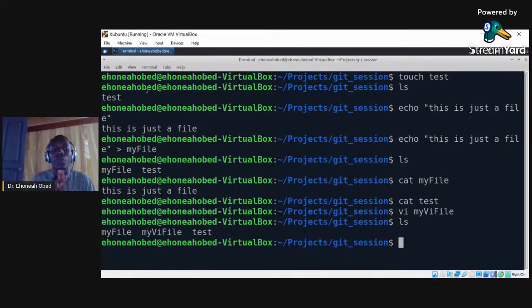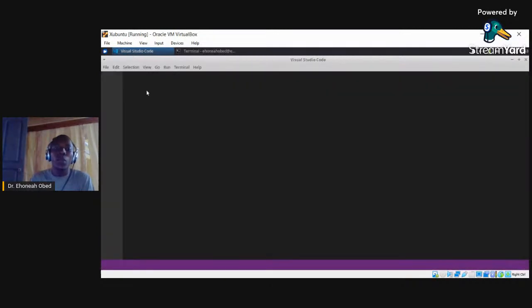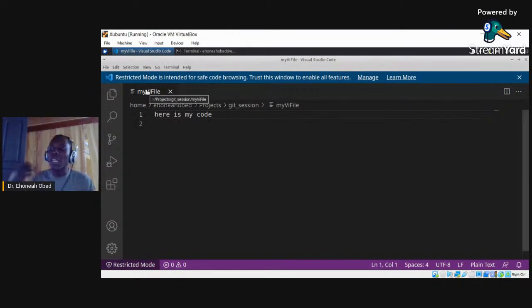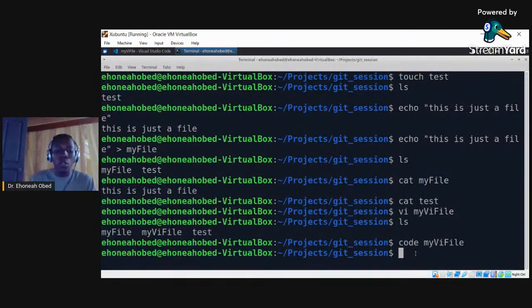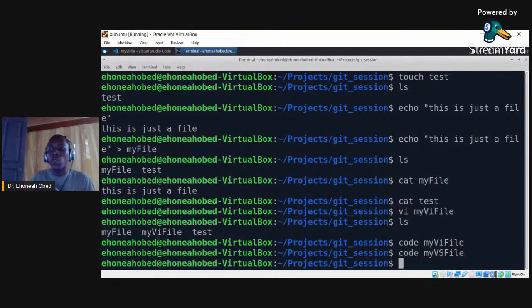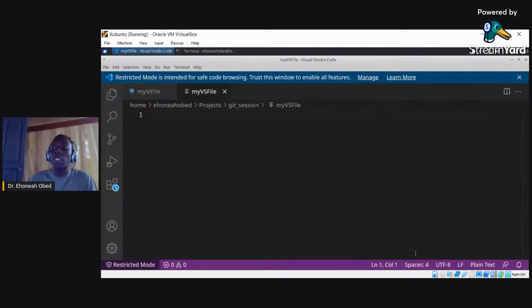And we can open any of the files with VI. But as I said, any other text editor or IDE can be used. In my case, on my Linux system, I have also installed VS Code, which I can use. So if I want to use VS Code to open any of the files, say my VI file, I'll just say code and type that, and it's going to open VS Code for me. These are extra things that you can do. I can also use VS Code to create a new file, assuming the file didn't exist, say my VS file. My VS file doesn't already exist, but if I do this, it's going to create it and open it in VS Code. So if I save it and I go back to